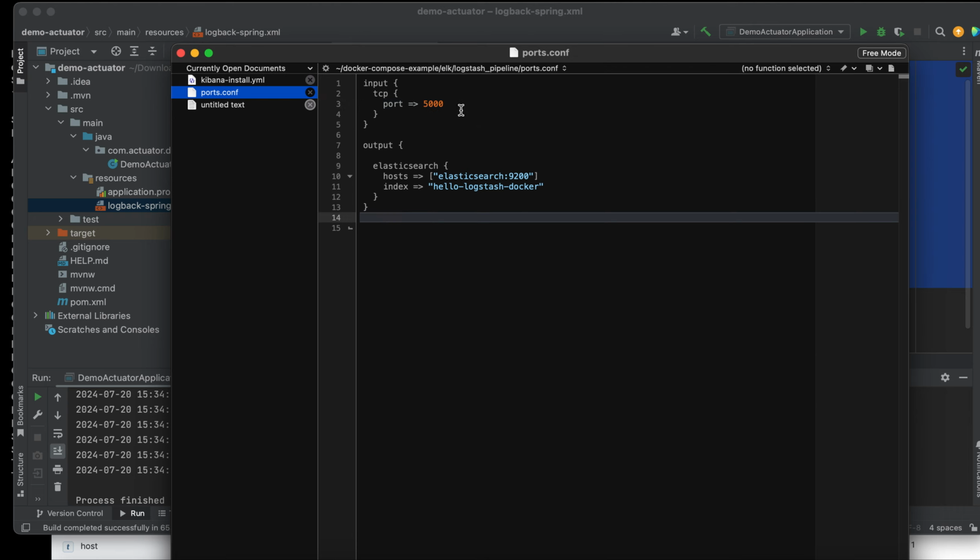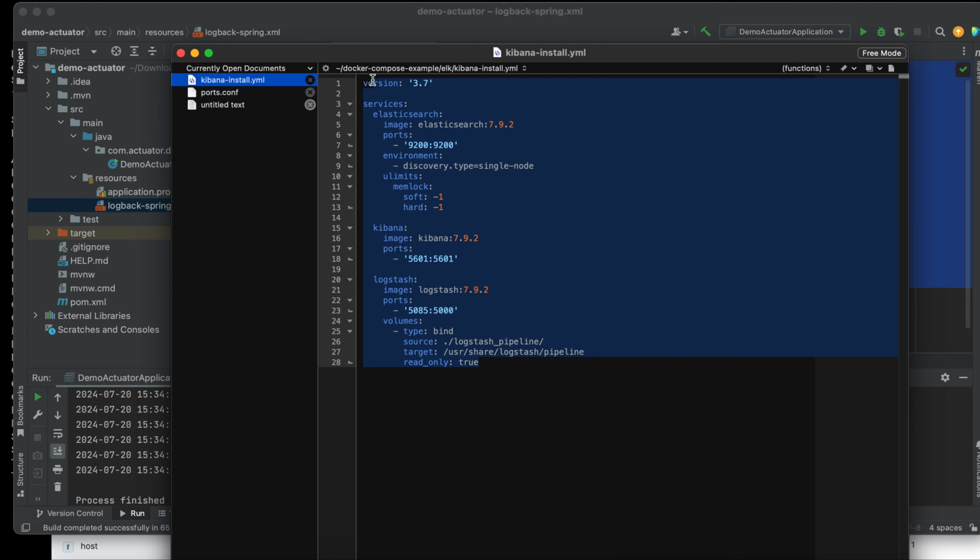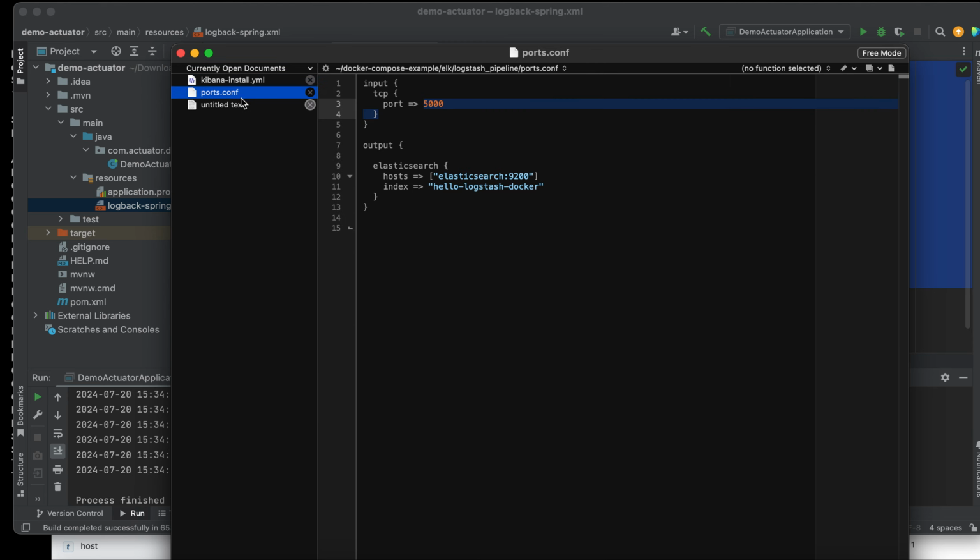Again we need to use 5000 here because in our Kibana installation script, we use 5000. Then you can copy this as it is. You don't need to change anything, basically you can copy everything as it is.